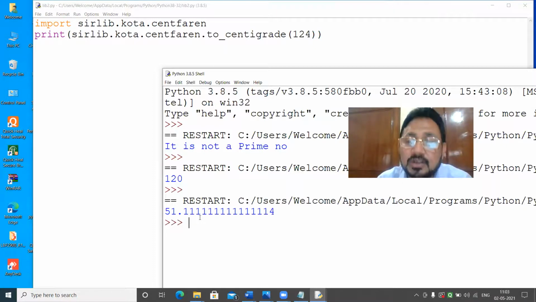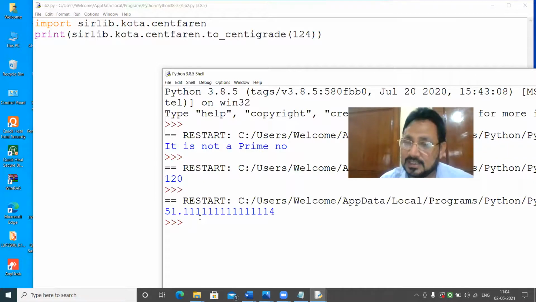Now all the procedures you have to learn. Programming you have learned, but only the procedures you have to learn, how it works. Now this is the last time I'm explaining, and after that I will wind up my class. 3-4 minutes I will take to explain again. First we made a package, Surlib. Then we made a package quota. In the Surlib folder, subfolder quota is there, and in Surlib one module is also there, that is calc. Once Surlib is a package, you should have an init file in it.